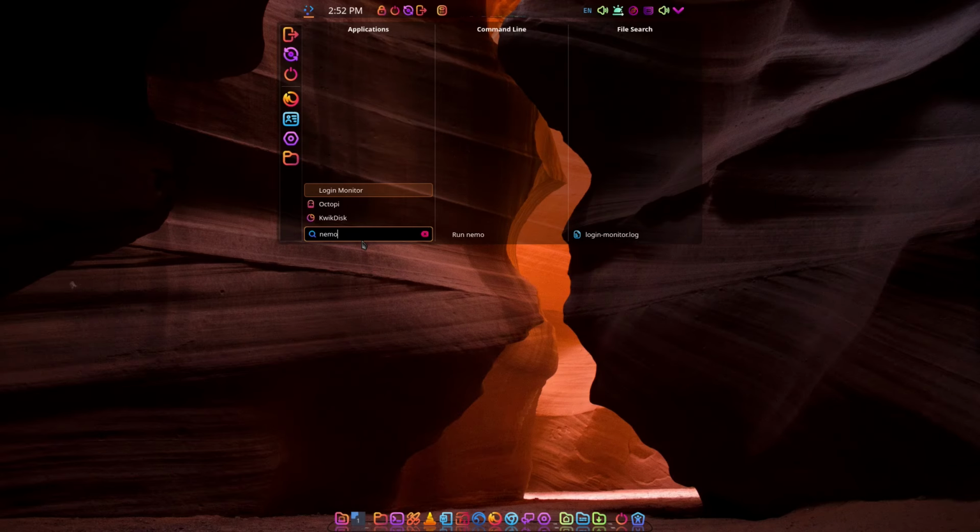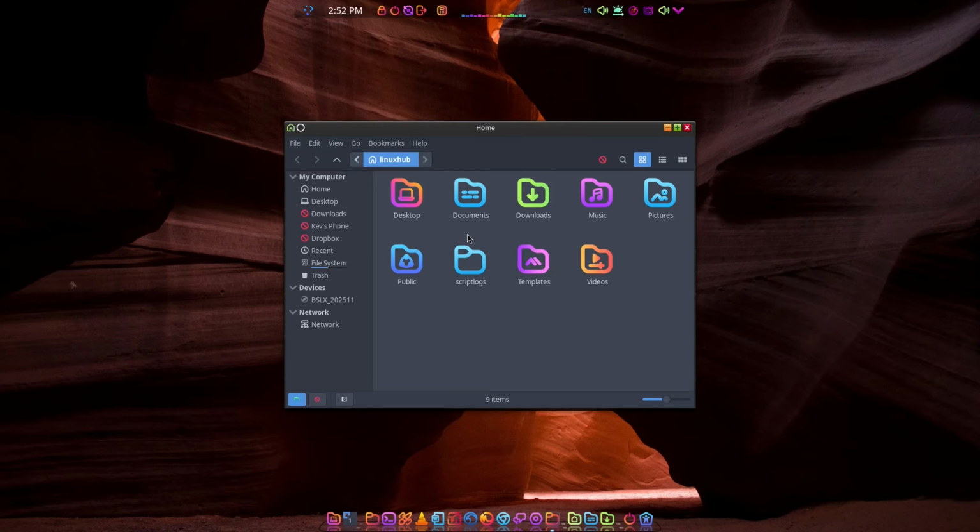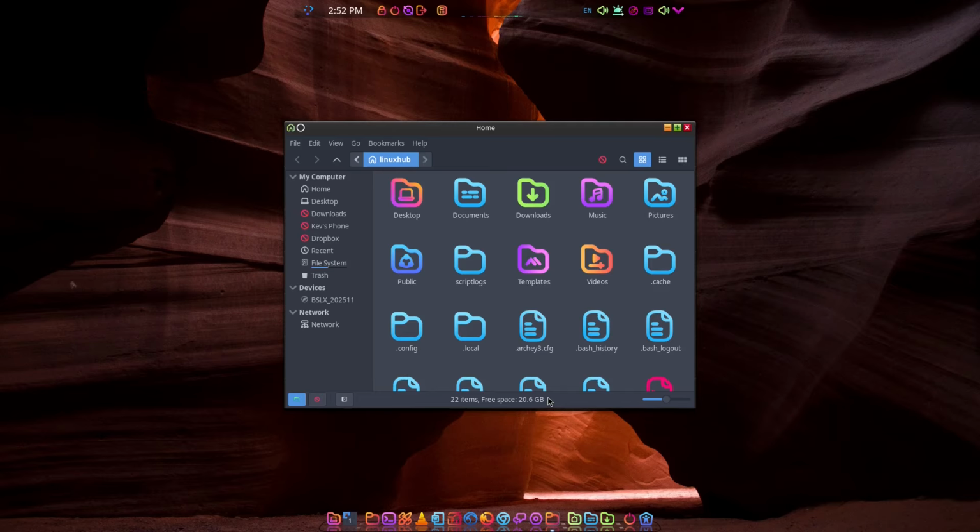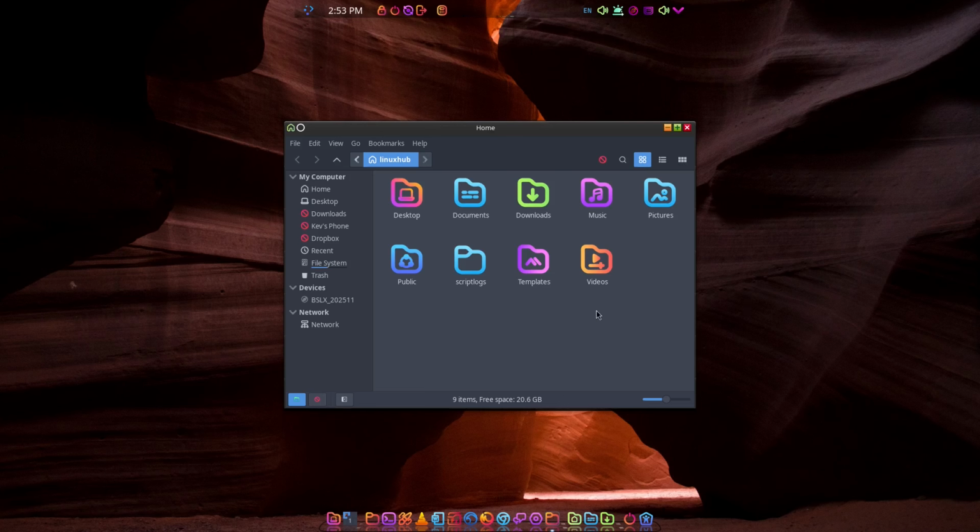I don't know why it's looking for the login monitor, but here's Nemo over here. Yeah, that was kind of weird, unexpected, but all right. So Nemo, I like it because you got your right click, you can show your hidden files, you can hide them again. But I'm noticing something here that I don't know if it should be something to worry